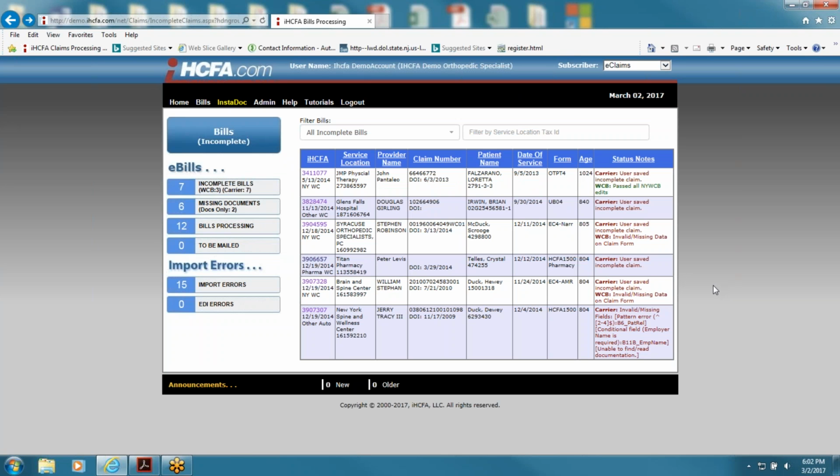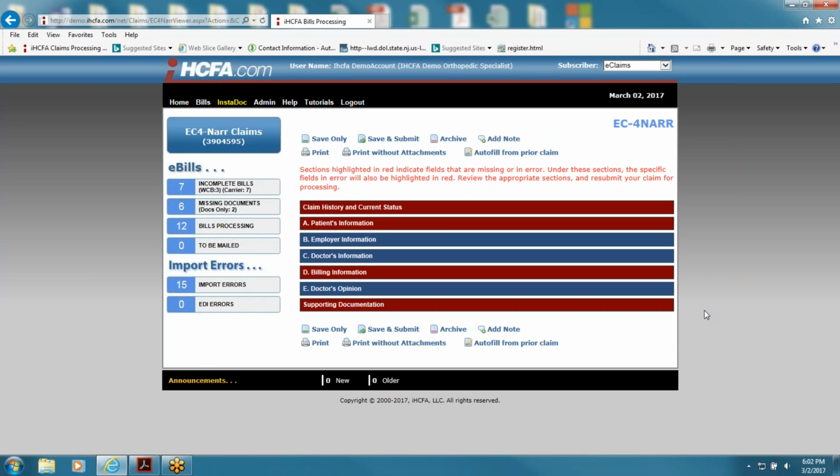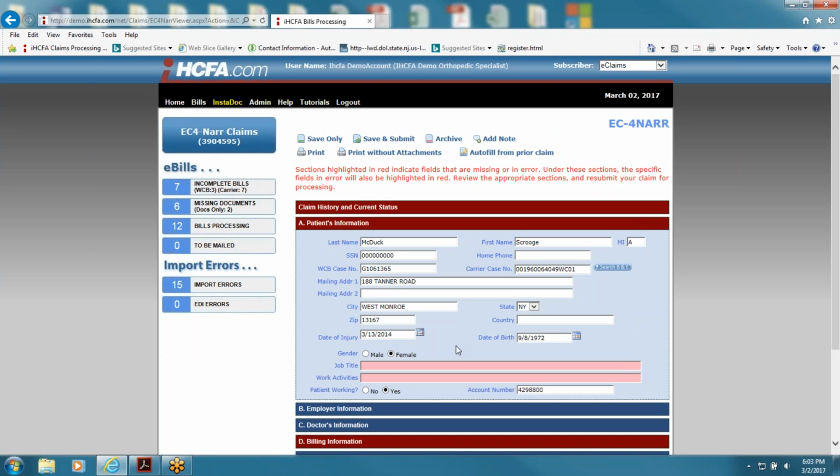For general providers, you would be using the EC4, which is the electronic version of the C4 that you might be familiar with now. It is broken out into 5 sections. This is a less detailed form than the paper C4, so you want to just pay attention to patient's information. The information that's unique here that would be different from a 1500 is the job title, work activities, patient working